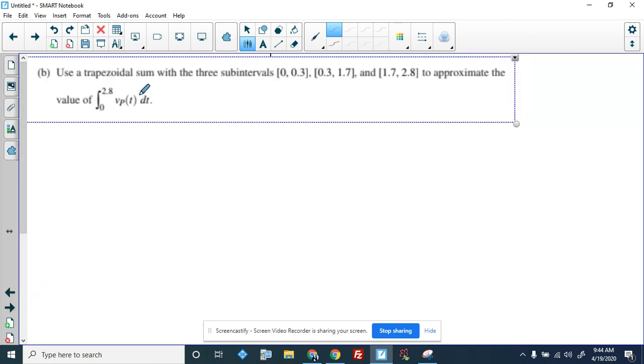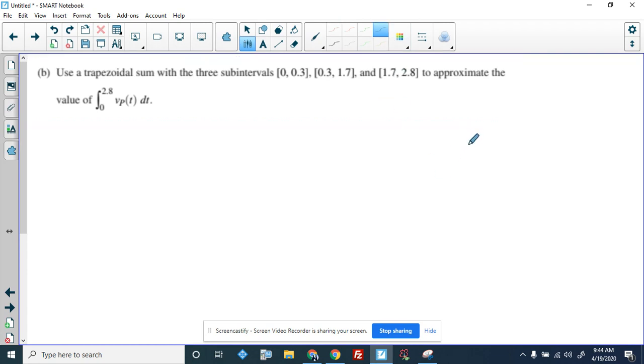It says use a trapezoidal sum with the 3 subintervals. These are the ones in the table, by the way, to approximate the value of this integral. So you're like, all right, how do you do that? So let's just rewind for a second. Again, note flavor, right? If I had a function, which doesn't necessarily look like this, and I was approximating an integral by drawing trapezoids under it,